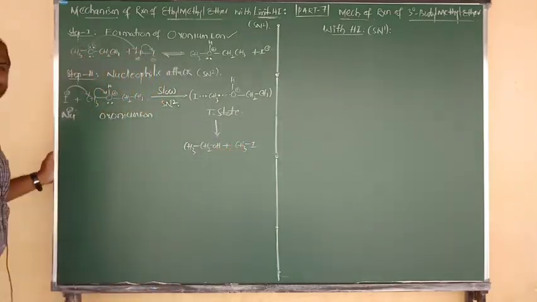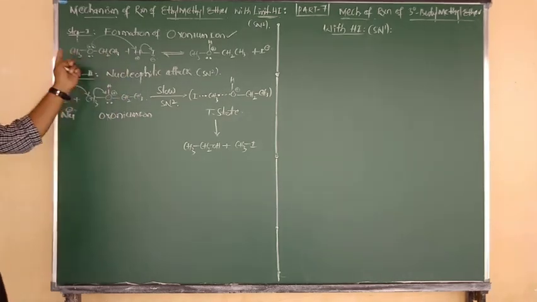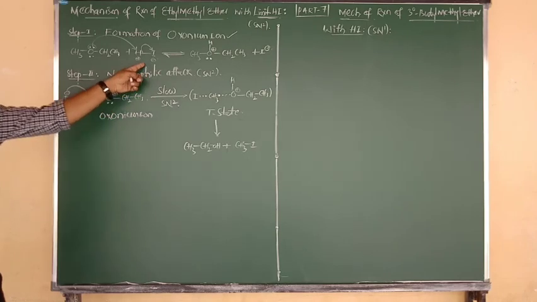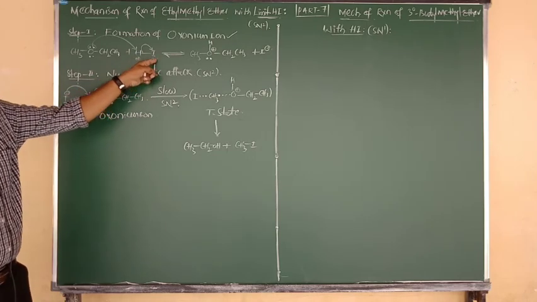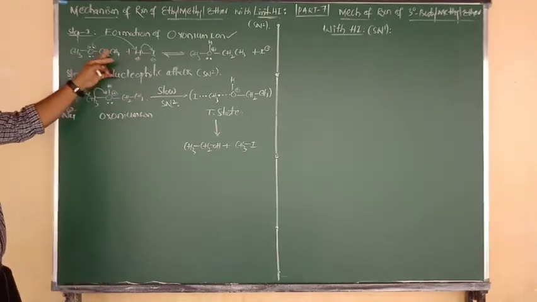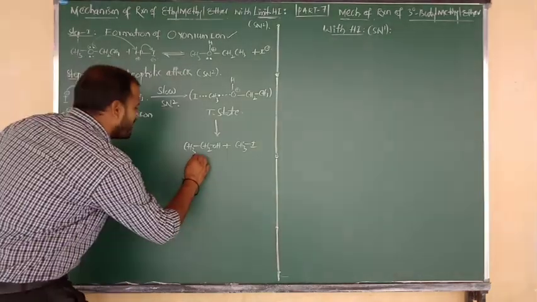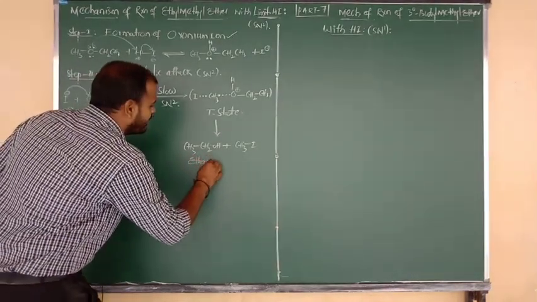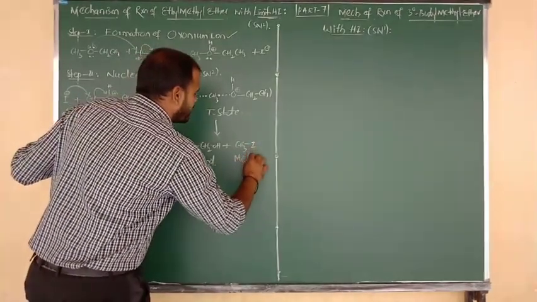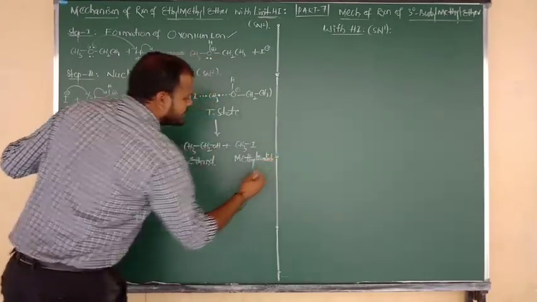What is the product, beta? Ethyl alcohol. That's why yesterday I told you that ethyl methyl ether on reaction with a limited amount of HI gives mainly 2 products. The smaller nucleophile attacks the smaller group, which gives methyl iodide, and H plus attacks the ethoxy group, which changes into ethyl alcohol. So what is your final product here, beta? Ethyl alcohol or ethanol, and one more product is methyl iodide. Mechanism clear, beta?